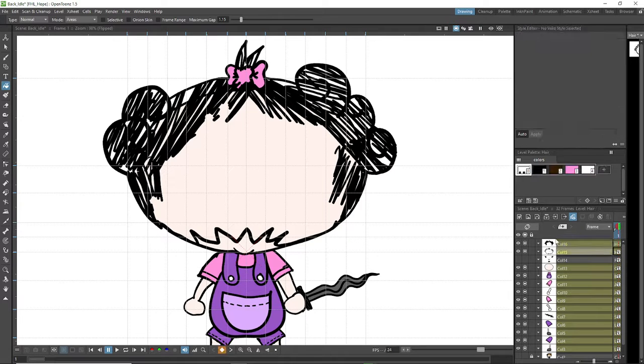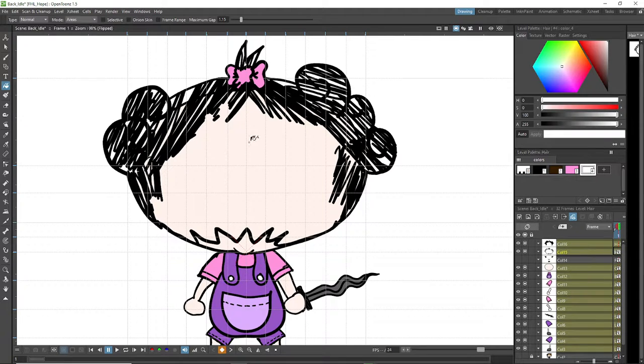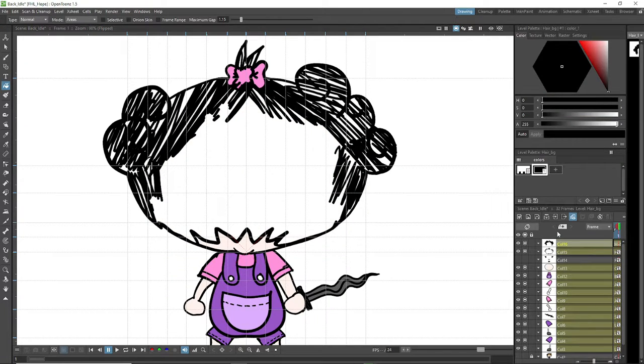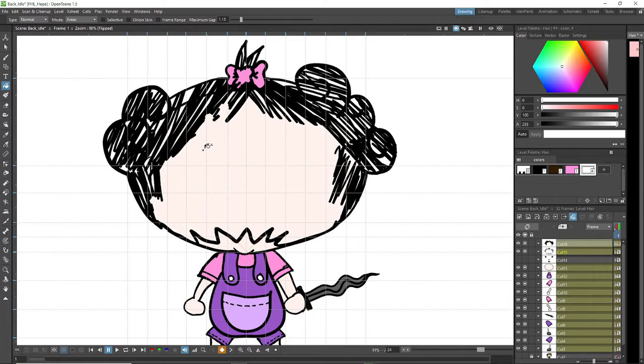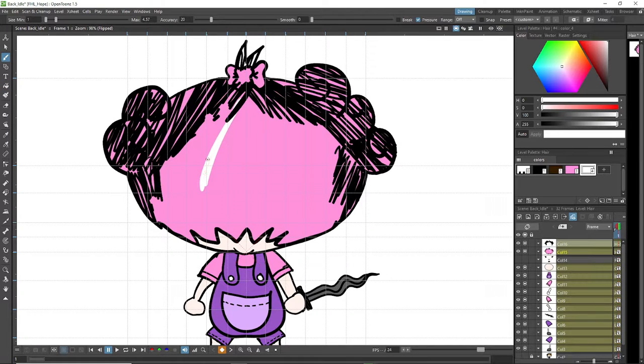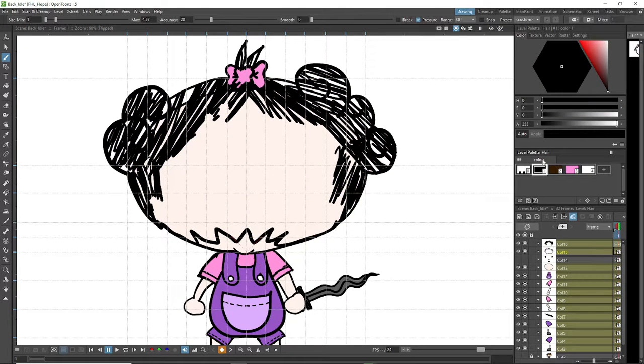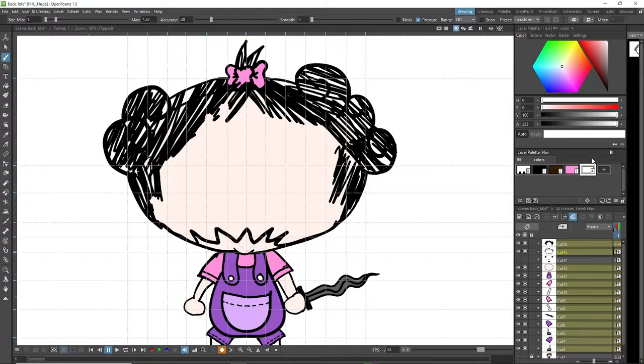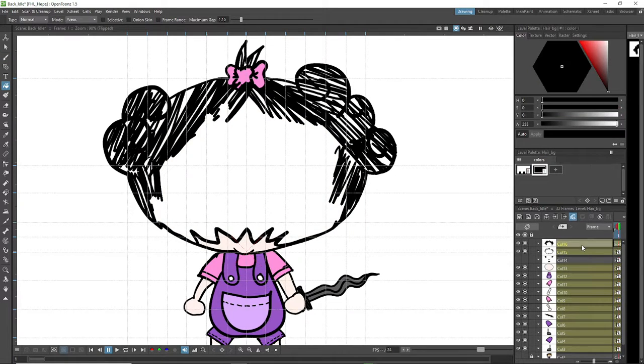So hair would have white color, and then our hair would go like this. Black. Again. So hair would have white fill, and then hair is black